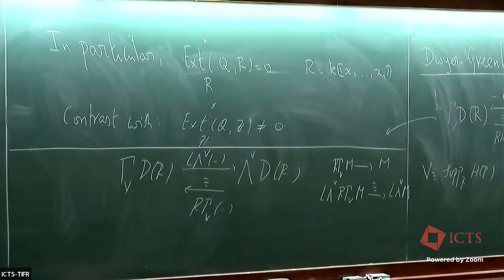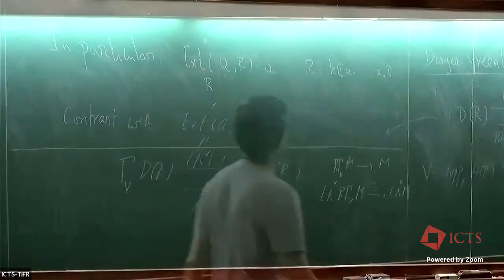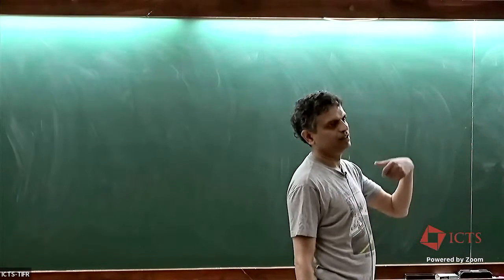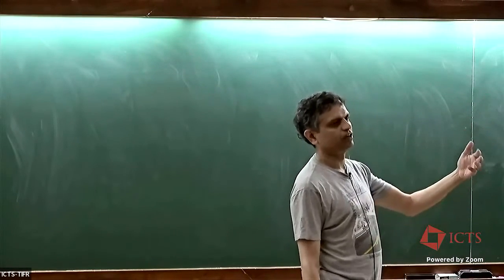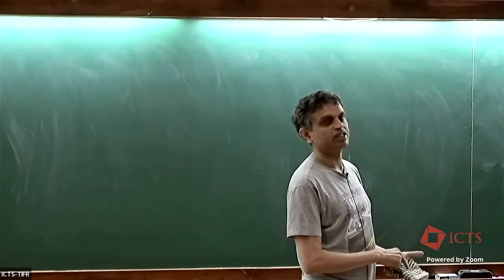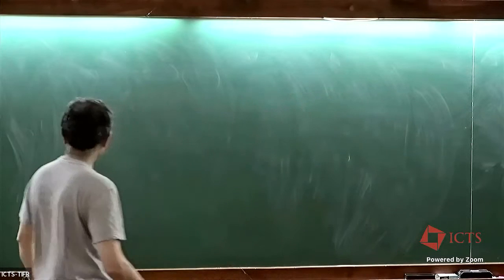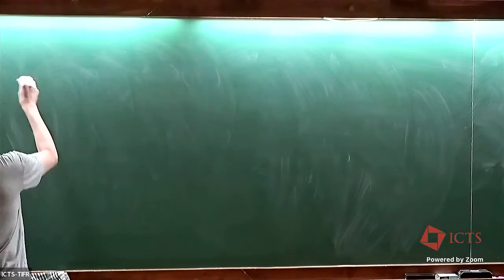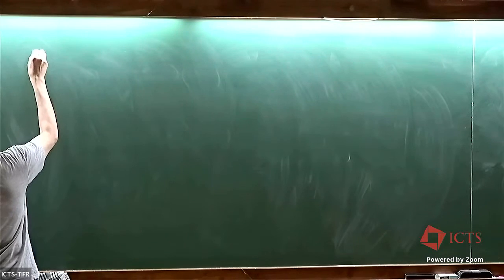Oh, the only assumption is finite free. So for the Dwyer-Greenlees, you can get away with a little less on this side. Yeah, perfect, say, finite free. But as I said, maybe the right way to think about it is that you're interested in completion along some closed subset, and then you can realize it in terms of those functors by choosing a perfect complex with that as the support. For example, the Koszul complex. But that's not necessarily the only choice. Okay. So the next thing I want to talk about is support and co-support.